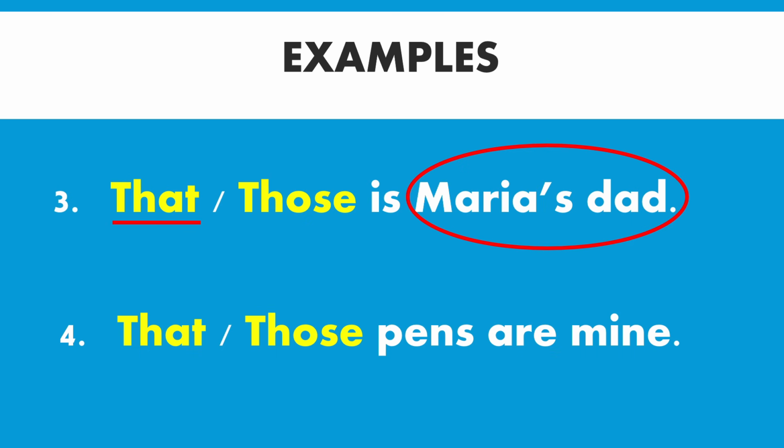The same thing, the noun is pants, which is more than one, so it's plural, and the only demonstrative pronoun that can be applied is those, because that is for singular. Those is for plural, and it is within a distance from your location.